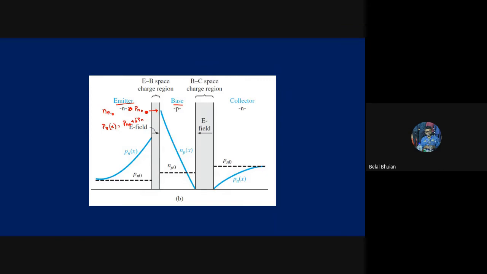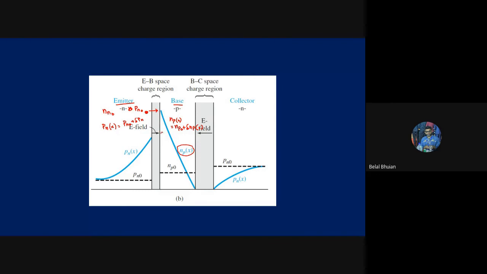Okay, and then our concentration drops. The concentration of excess minority carrier, NP(x), consists of NP naught, the thermal equilibrium minority carrier, plus del NP, the excess minority carrier, at any position x. Now this is what it looks like in the base side. Now the emitter side.